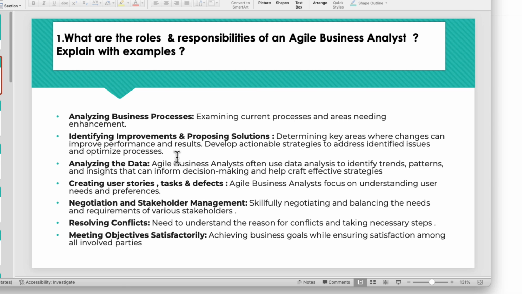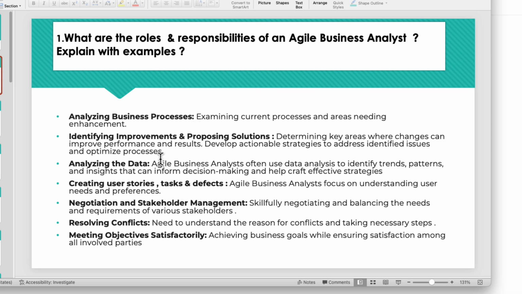The first is you need to analyze the current business processes. For example, how is the system currently working? What is the data flow? And why do we need an enhancement? Or if this is a completely manual project and now they want to automate things, you need to understand what process the business owners are currently following and why we need enhancement, or if some automation has already happened and this is an enhancement project. So you need to understand first of all the current data flow and in future how it needs to be